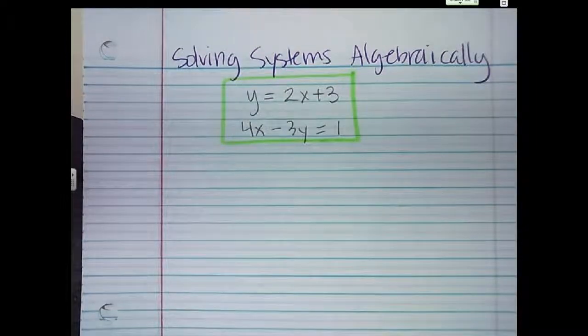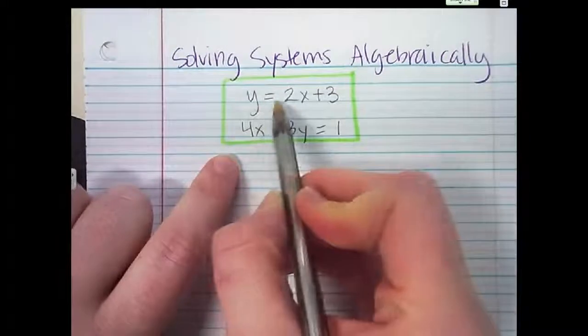So substitution, you always want to take one equation and get one variable by itself, which in this case you already have, right? Which one's already by itself? The y. So I don't have to really do much work. If y equals this whole thing,